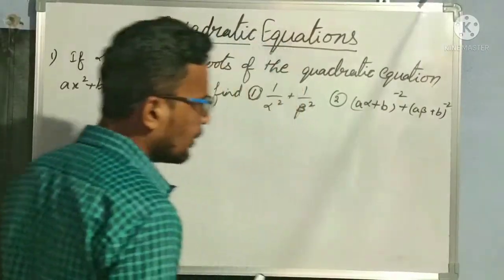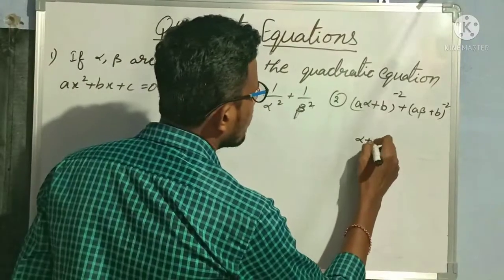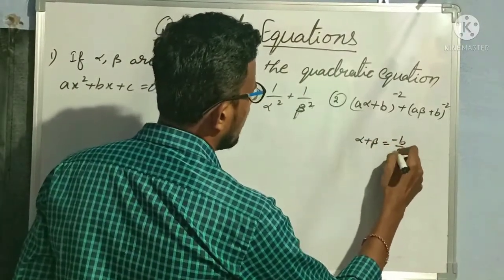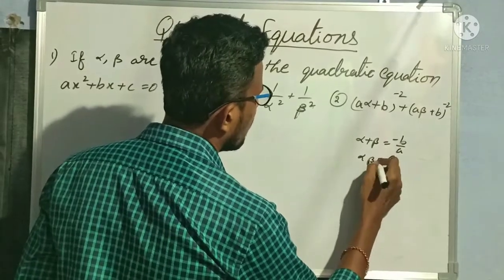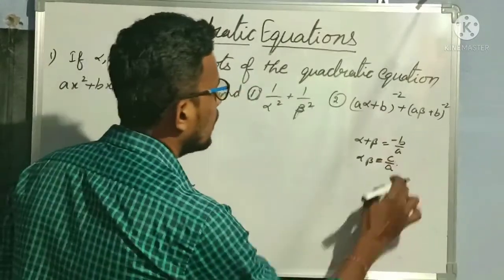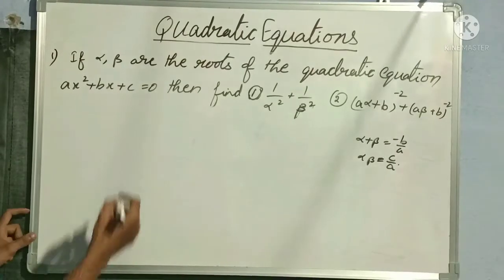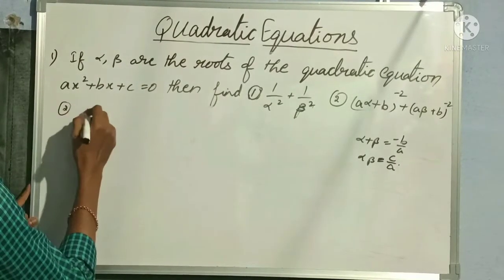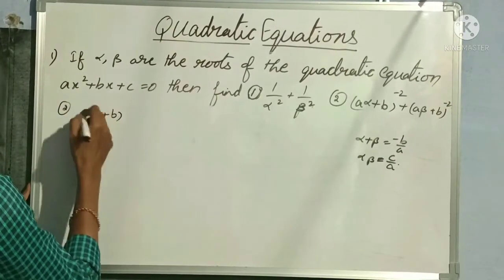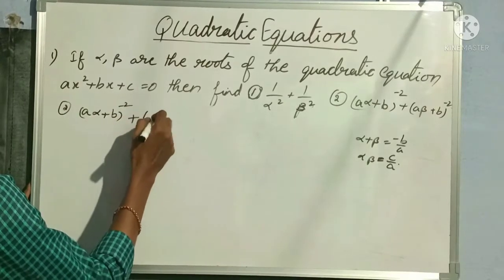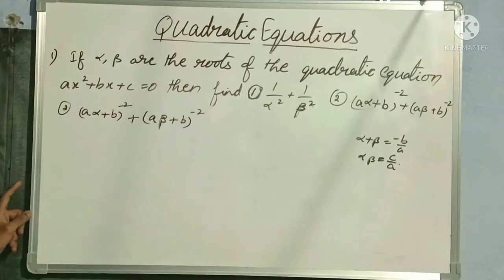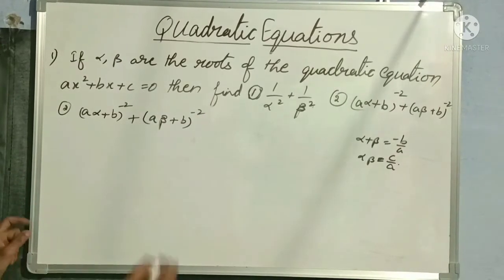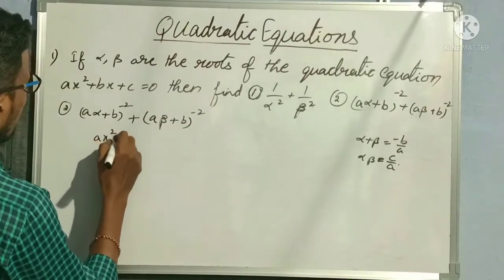So in the second bit and first bit both we are using the same formula, that is alpha plus beta is equal to minus b by a and alpha beta is equal to c by a. Clear? So now, second bit: a alpha plus b whole power minus 2 plus a beta plus b whole power minus 2. Okay, and we are saying that